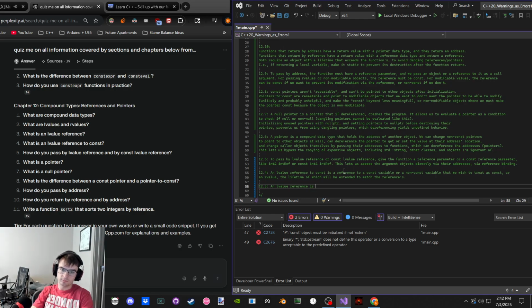An L-value reference is a non-object, an alias to an existing object that lets us get or set its value at its address, instead of letting function calls pass or return object values directly instead of copying, provided